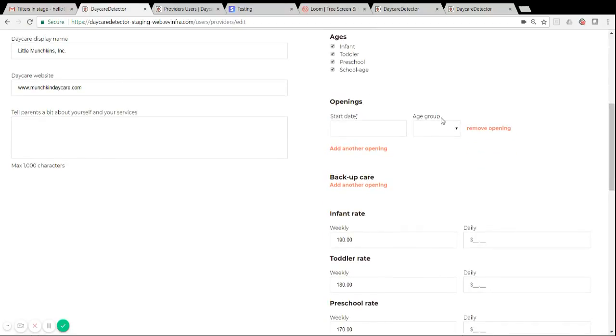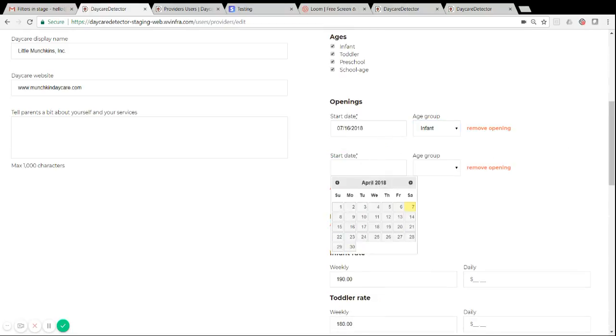So when it comes to openings, it's really easy just to add them on here. Essentially, you just say which date you're going to have your opening. So, for example, if you know you're not going to have an opening until July, you can select that, and then you can say what age group that's for. So let's say this one is for an infant in July. You can also say